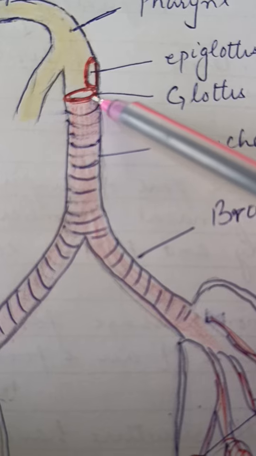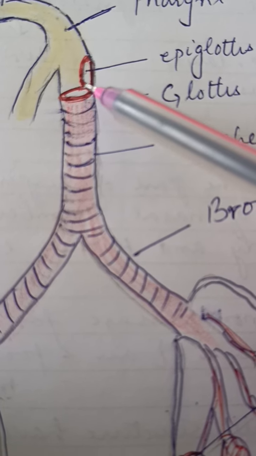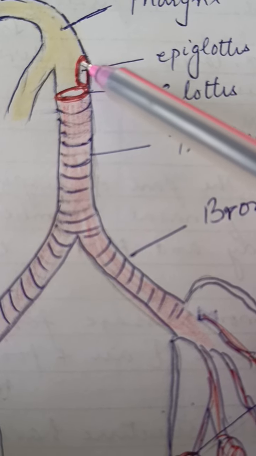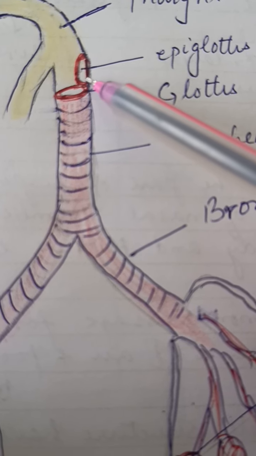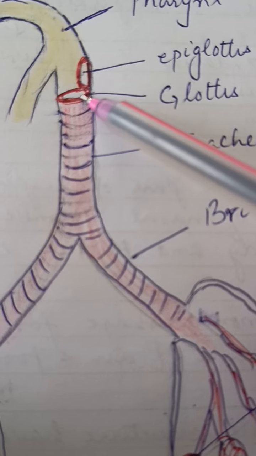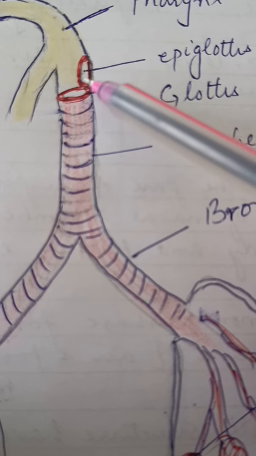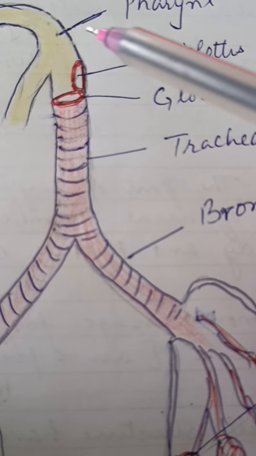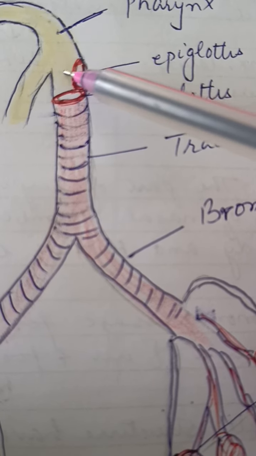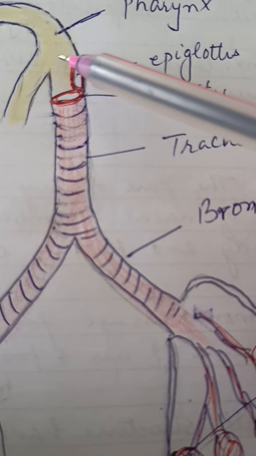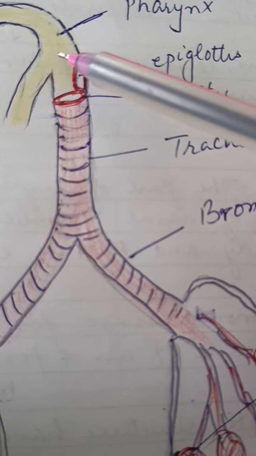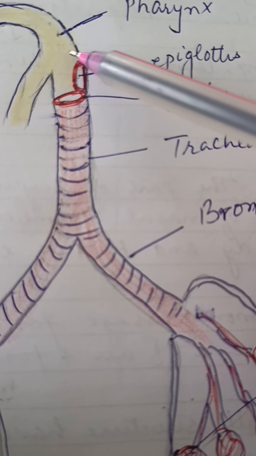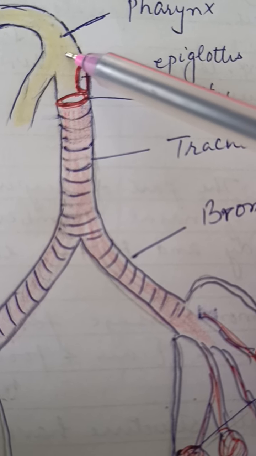ये एक छोटा सा पोर है. It is an opening which is covered by the epiglottis. जो epiglottis है, it is in the form of a lid over the glottis. इस glottis के ऊपर epiglottis is in the form of a lid. लिड का काम कर रहा है, ये ढक्कन का काम कर रहा है. Now when the food enters the pharynx, and after that when we have to swallow the food, जैसे यहाँ पर food and air is mixed for a short period of time, दोनों की mixing हो जाती है.